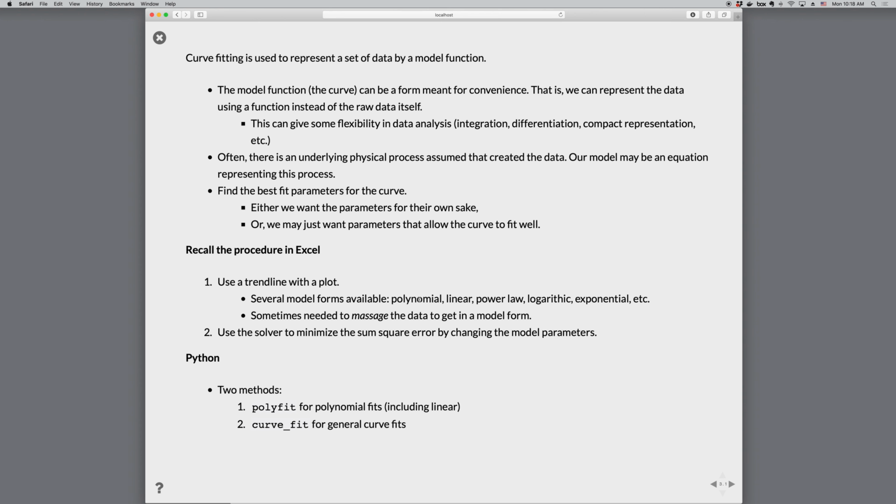If the model form isn't available for the data that we have in Excel, we can either massage our data to get it in the right form, such as by taking the log of both sides and then plotting changed variables, taking 1 over both sides, etc. Or we could